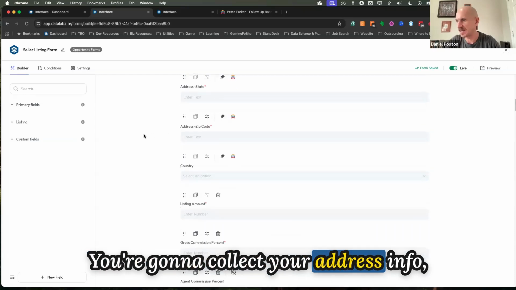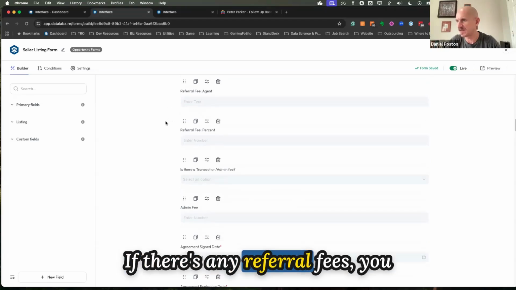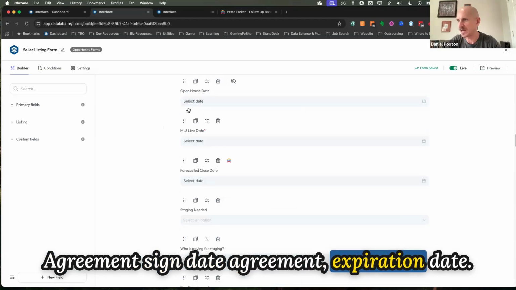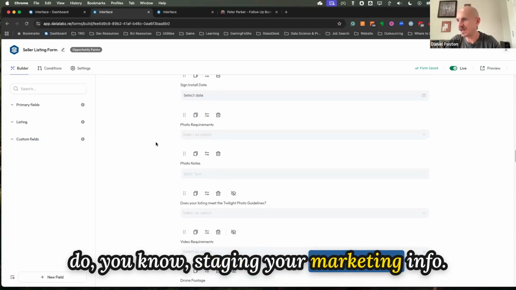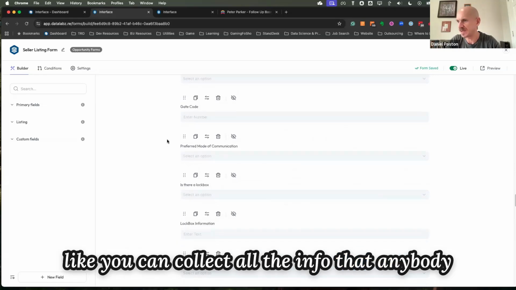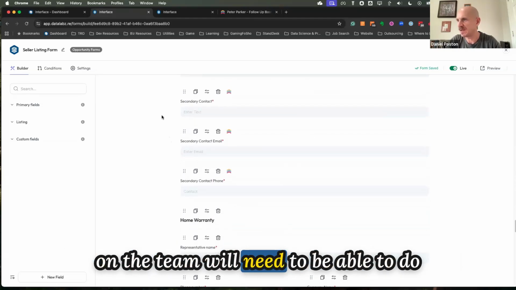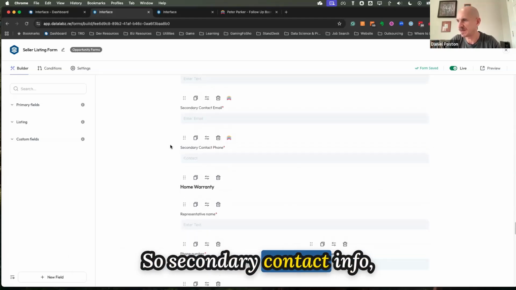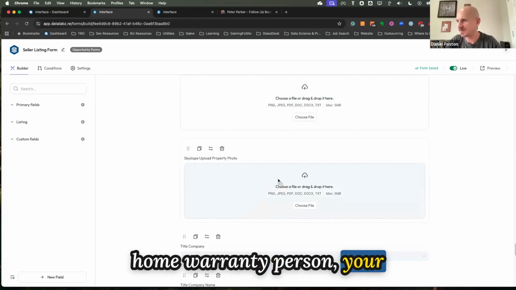You're going to collect your address, info, listing amount, commission percent, and if there are any referral fees. You could put all your dates on here: agreement sign date, agreement expiration date, and if there's going to be an open house. You could do staging, your marketing info, if the property has solar, water, sewer. You can collect all the info that anybody on the team will need to do their job all at once from within Follow Boss. So secondary contact info, home warranty, person, your documents,